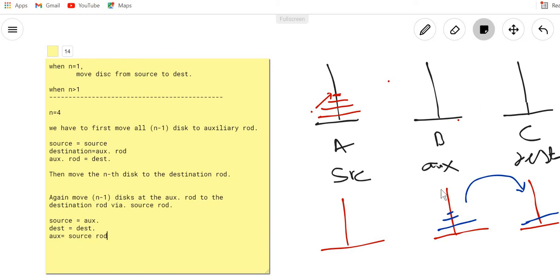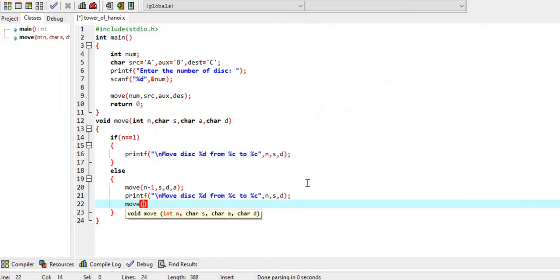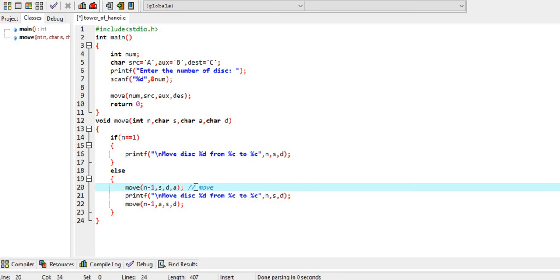Okay, so now let us move the n-1 disk to the destination rod through the auxiliary rod. So move the n-1 disk from the auxiliary rod, which acts as the source rod now, to the destination rod D via the source rod. So this will move first the n-1 disk from source rod to auxiliary rod via destination rod,